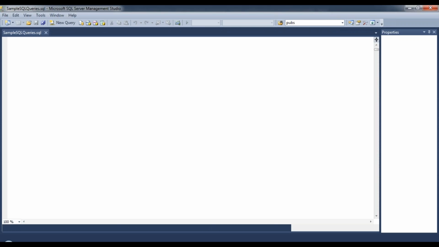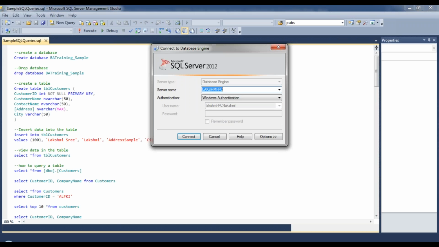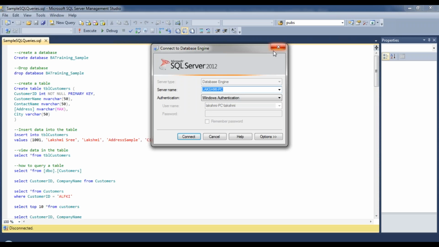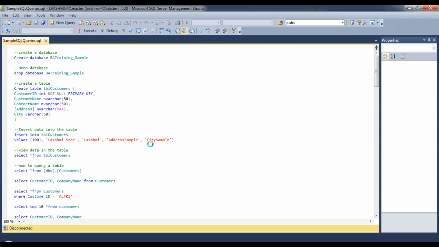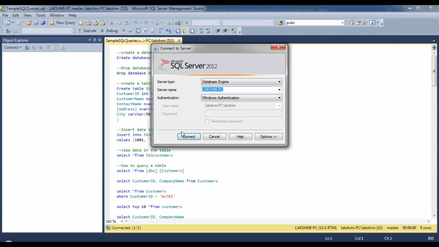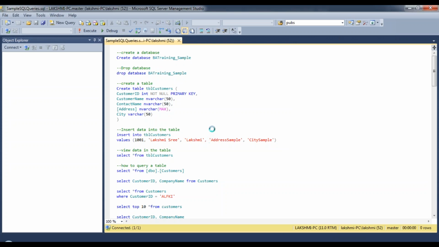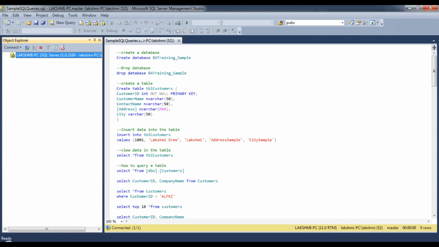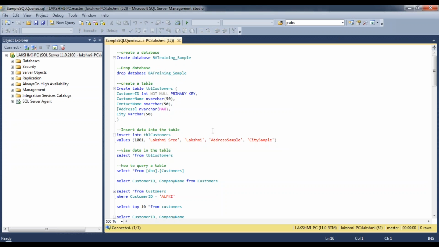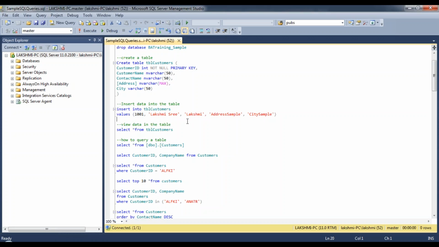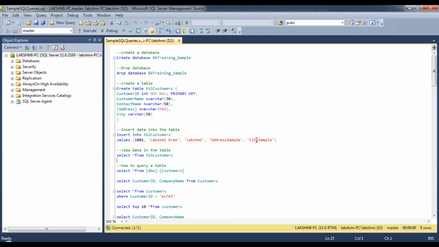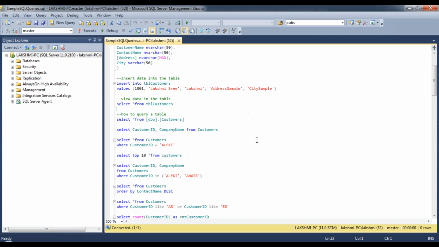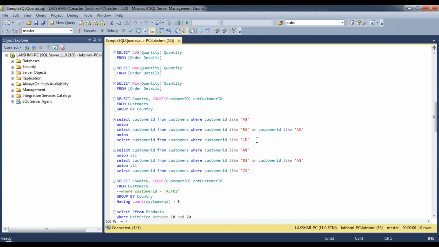I have SQL Server installed on my system. So the query is getting opened. These are the sample queries that I will be sharing with you all. A link will be given for you to download Visio, Tableau and SQL Server free of cost from the website for you to get hands-on. During the trial period, Visio has about 60 days of trial. So you can practice all the concepts that you learn.